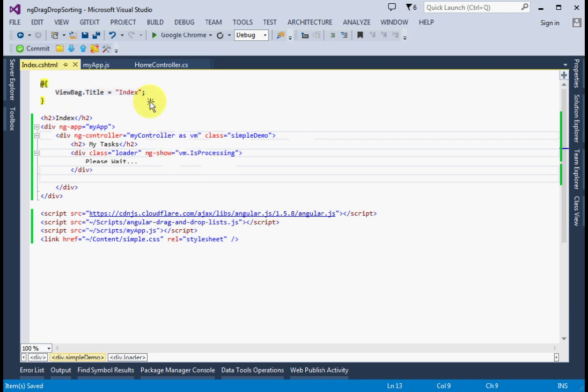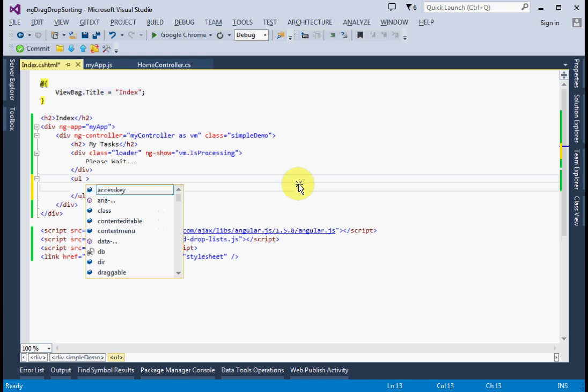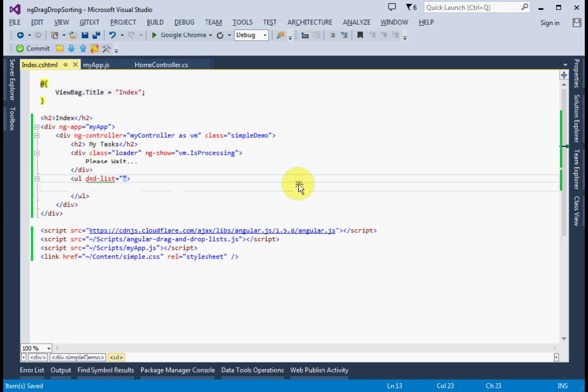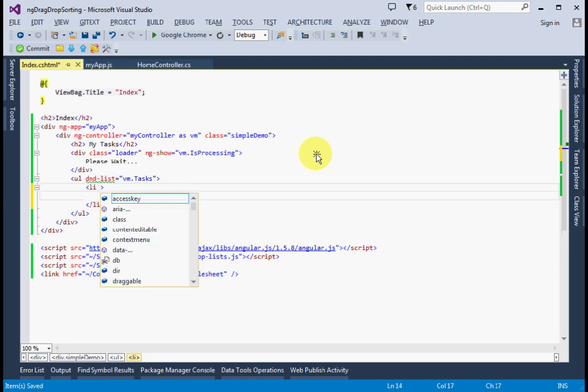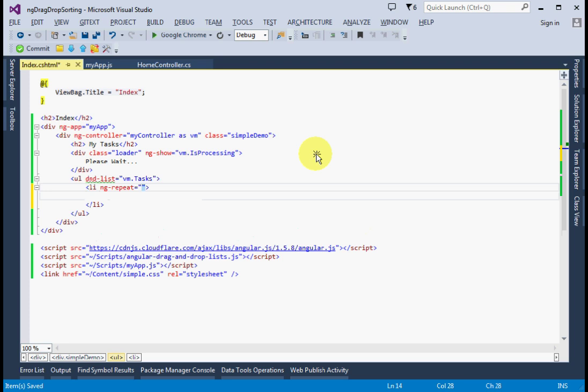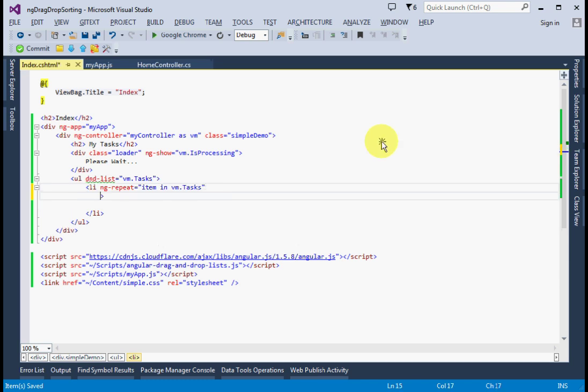Then I will add dnd-list equal to vm dot tasks, then ng-repeat item in tasks, dnd-list id equals to item dot task id,